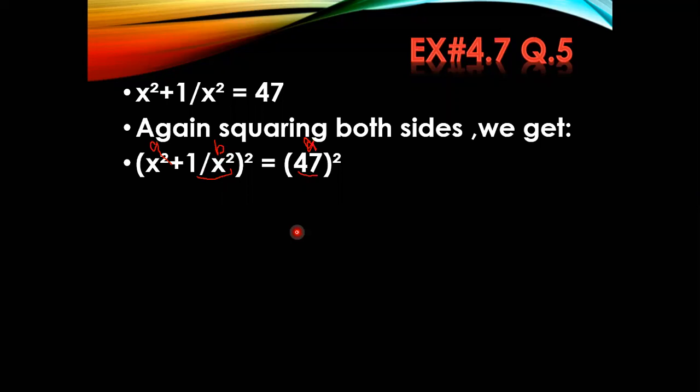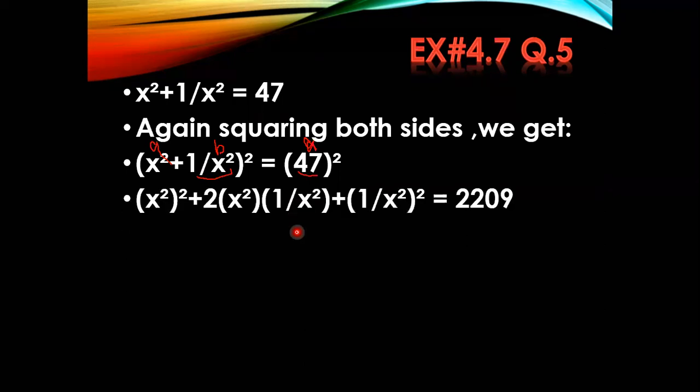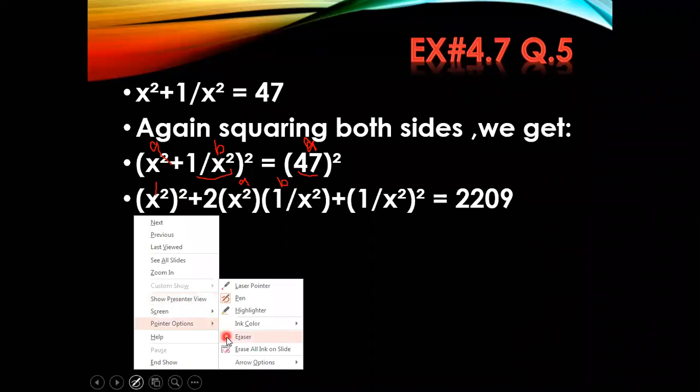Now your term a is x square and you are going to take the square of x square. So you will write it down in this way. How will you write it down? First you will write your term a, that is x square, then you will take the square of this whole term, then formula ka plus 2ab. This is 2, this is a, this is b. First you will write 2, then your term a is this x square. Just a minute, I'm going to erase it so that it will become more clear to you.